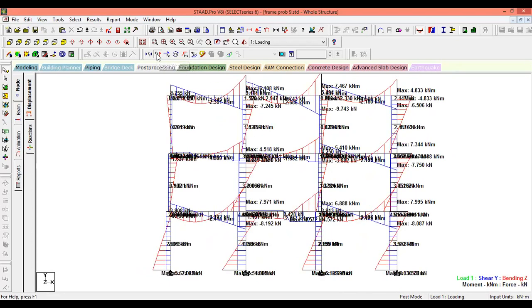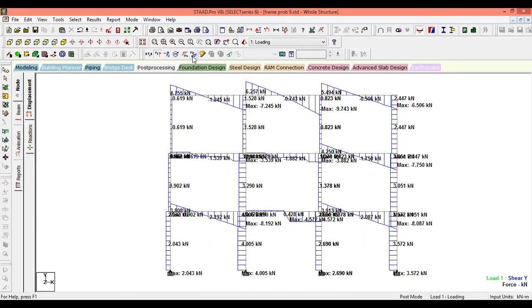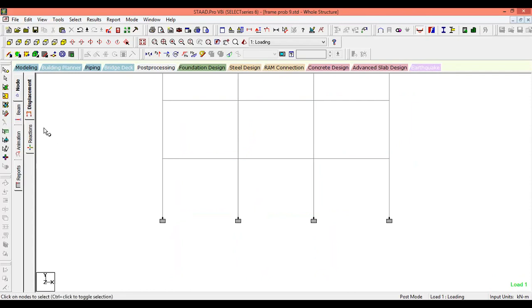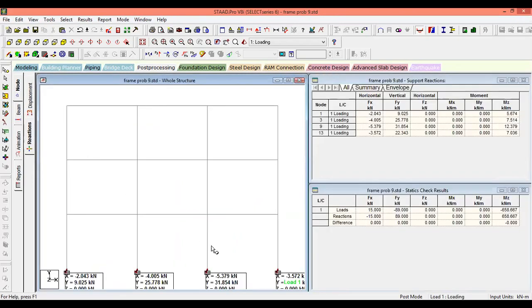Now if you select Fy and close MZ, these are the values of the Fy. You can close Fy and select the Fx, you will get the axial loads. Again, if you want the reaction, you can go to reaction here.